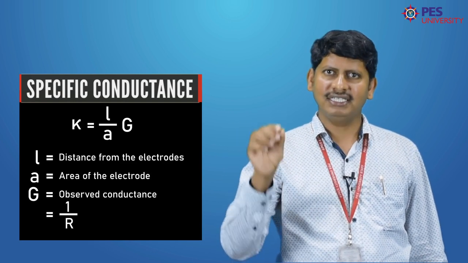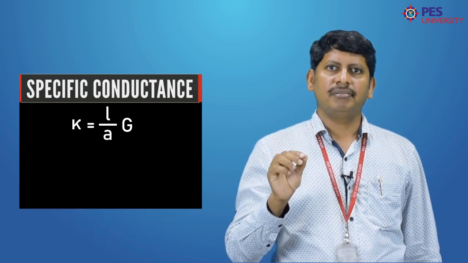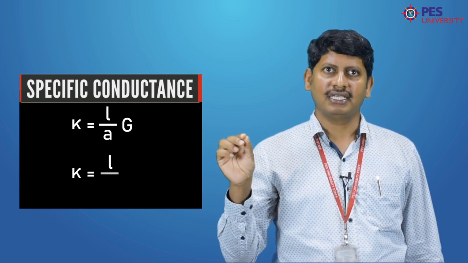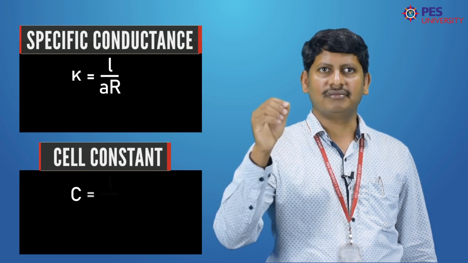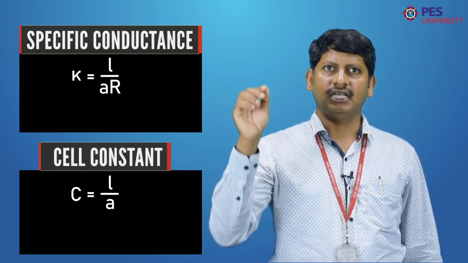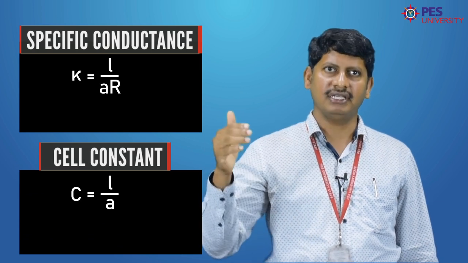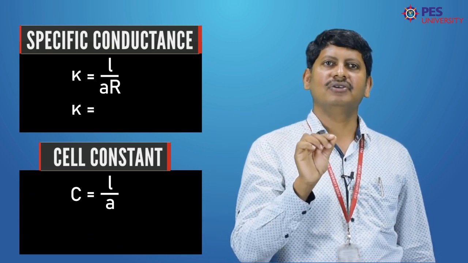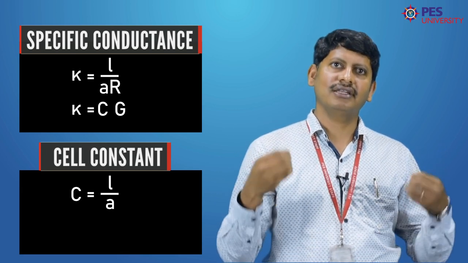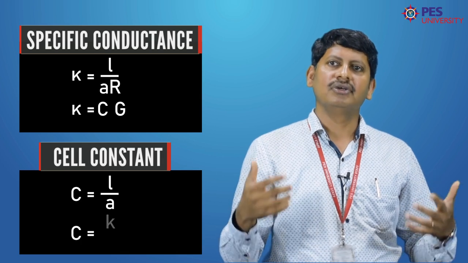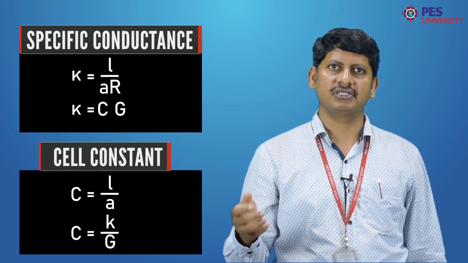If you replace this G with 1/R, we know that G is equal to 1/R, so kappa = L/(AR). The cell constant is given by C = L/A. Kappa = L/(AR). If you replace this L/A with C and 1/R with G, then kappa = C × G. But we want to find out cell constant C, so that C = kappa/G. If you know the kappa value, then by measuring observed conductance of a solution,